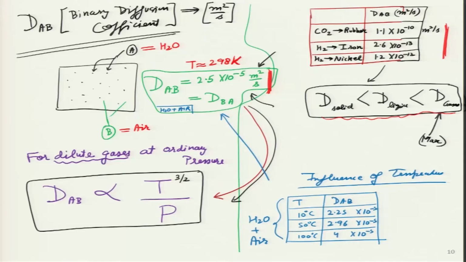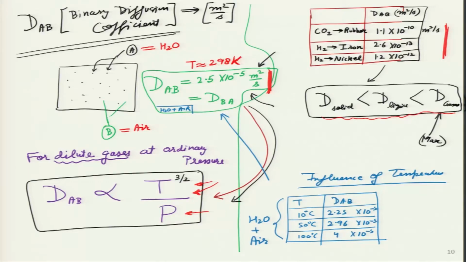Then, even inside a pure medium, we looked at what the diffusion rate is proportional to. This equation gives that if we increase temperature, then diffusion will increase, because then the motion of molecules and atoms is increasing. If we increase pressure, we are putting more and more atoms and molecules together, so their density will also increase. So, they are preventing the diffusion from taking place. So, it is inversely proportional to pressure as well. So, let us continue this analysis today, and what we are going to start off with is, let us look at the interface.